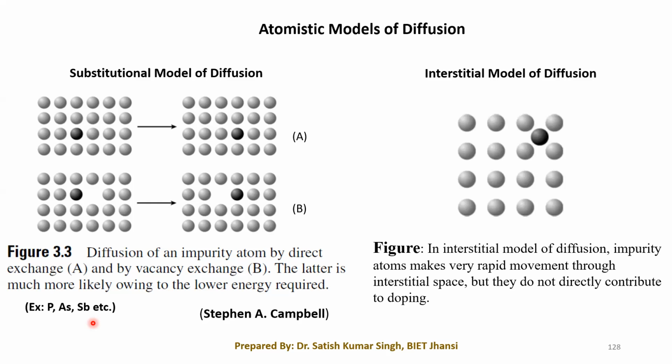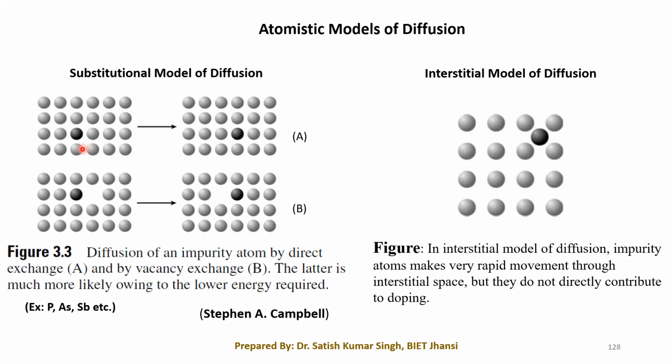In the interstitial model, we have the silicon crystal lattice, and we can see that the impurity atoms are not occupying any substitutional site. Rather, they are moving through the interstitial spaces. One thing which is very clear about this picture, if we compare it with the substitutional site, you can see that